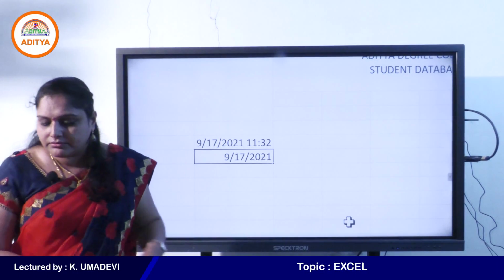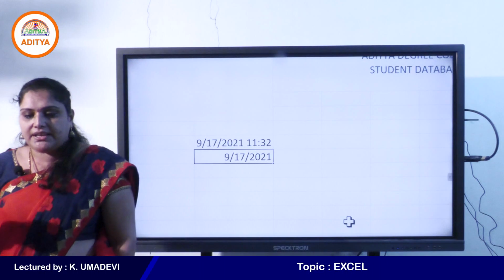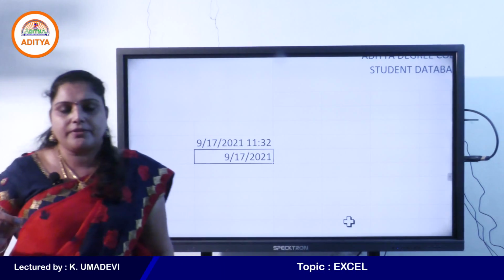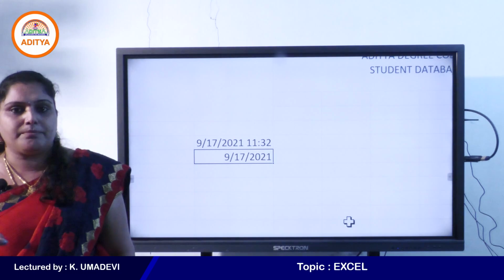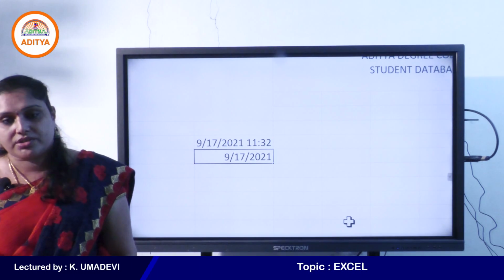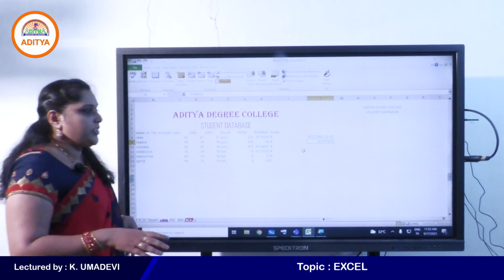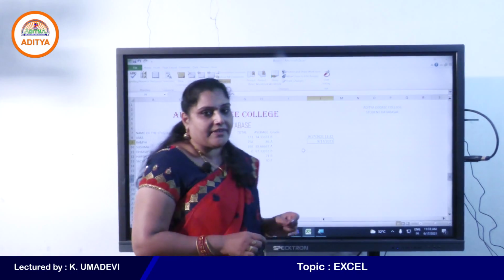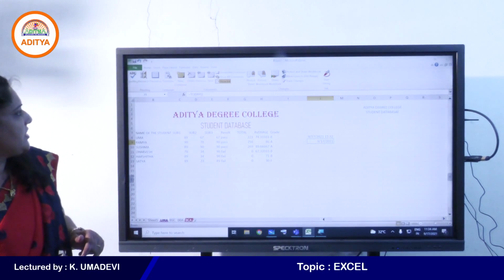Right, students, clear? Let's put double quotes for grades, that is A, B, C, D, E and F. Why? Because in Excel the character or string must be enclosed within double quotes. So with this we have done with the most important functions available in Excel to perform various calculations, right, students? So what is the next one?